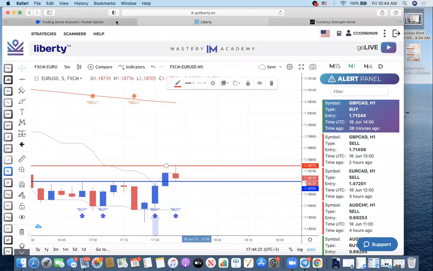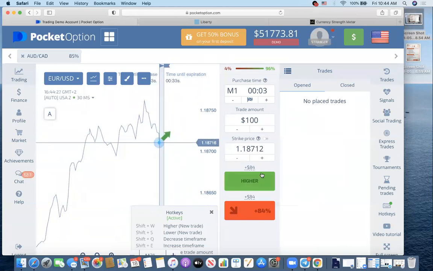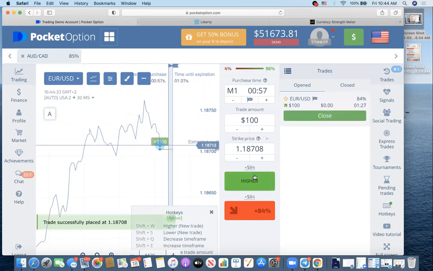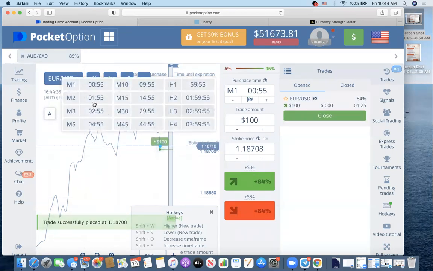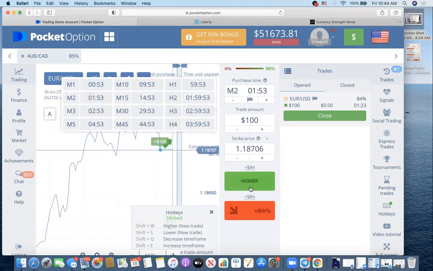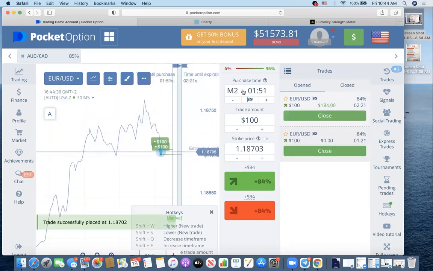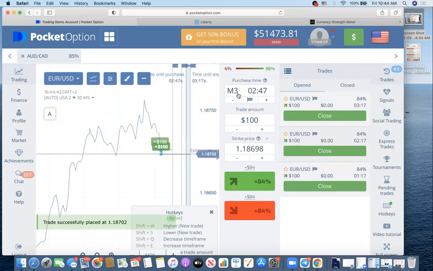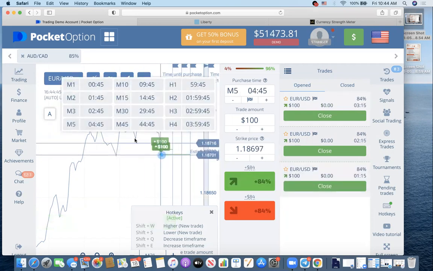All right, 743 or 710 or lower. So I can get in because I'm doing a 5 minute analysis. I'm waiting for 710 or lower, right? I can get in for a buy for 1 minute. I can also get in for a 2 minute buy. I can also get in for a 3-minute buy. I could also get in for a 5-minute buy,